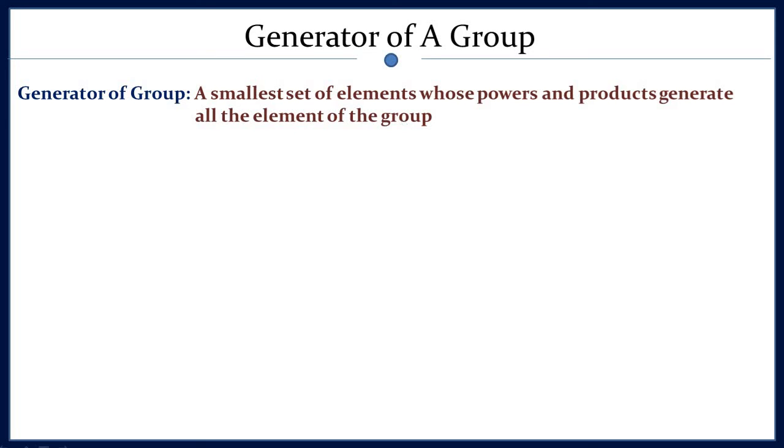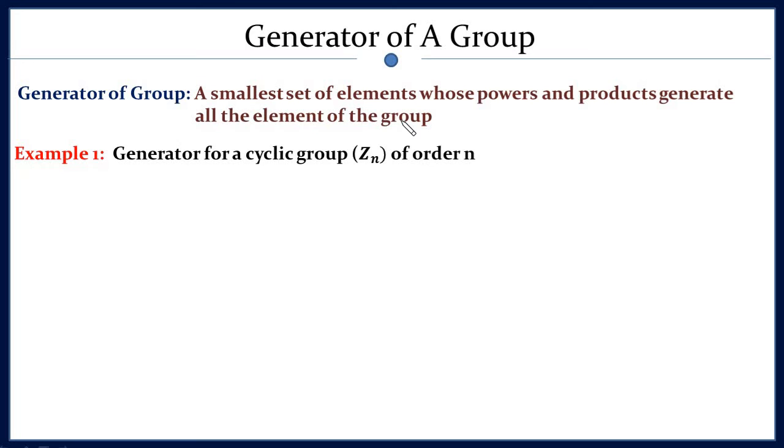Similarly, if I give you two elements A and B, then the powers of A, powers of B and products of A and B should be elements of the group. That's how we can generate. So let's see an example in order to be clearer. The second example we will discuss for a more physical scenario. Here, as I am discussing the cyclic group, we will start with that example.